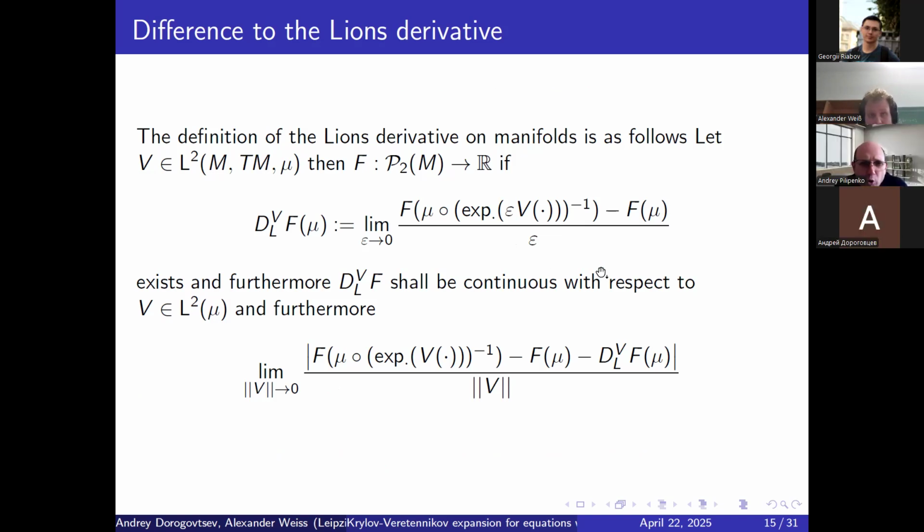I'm sorry, and the norm of V is the L2 norm? It is the L2 norm, yes. Sorry, I forgot to write that down. But it is the L2 norm on the manifold. So instead of the L2 norm with respect to measure mu, yes? Yes, exactly. Sorry for not writing this down. But V may be very non-smooth. Yes, V may be non-smooth.